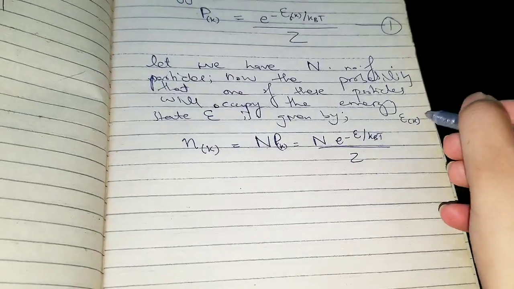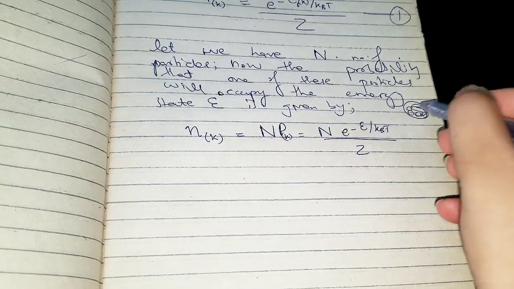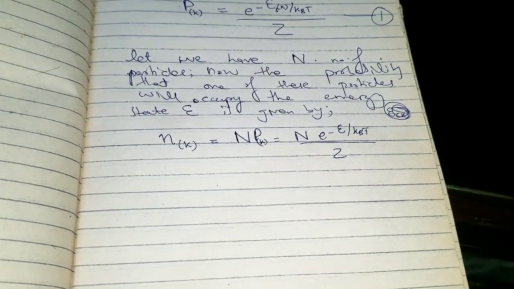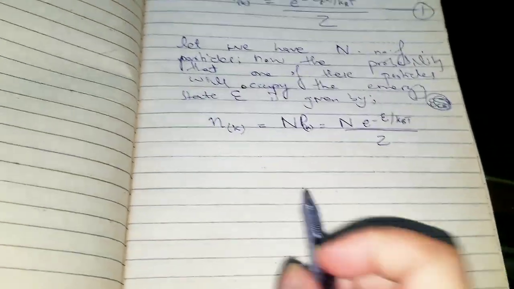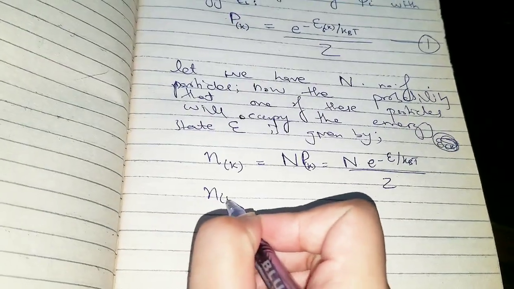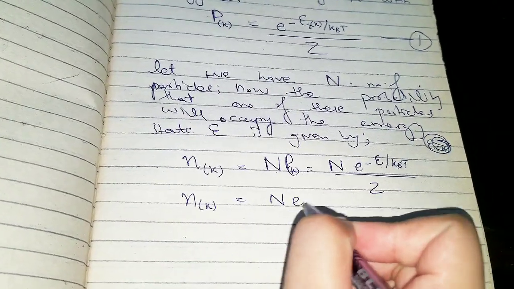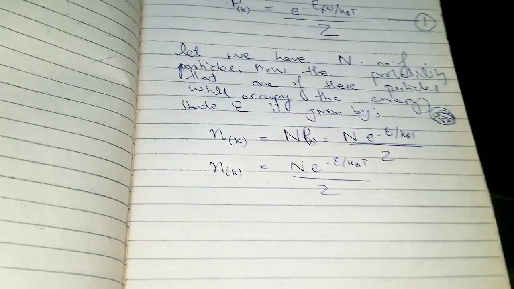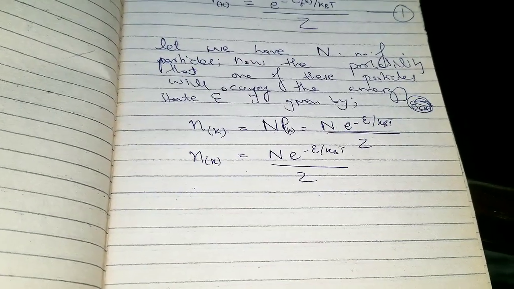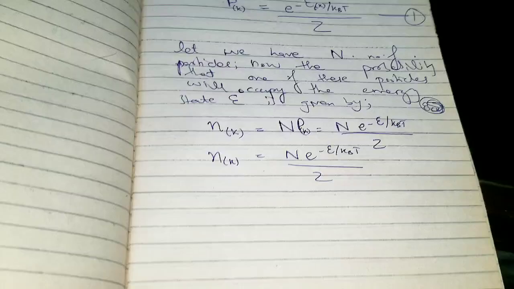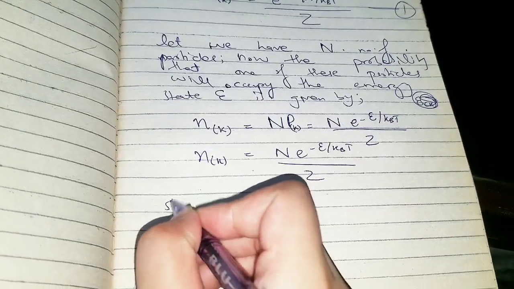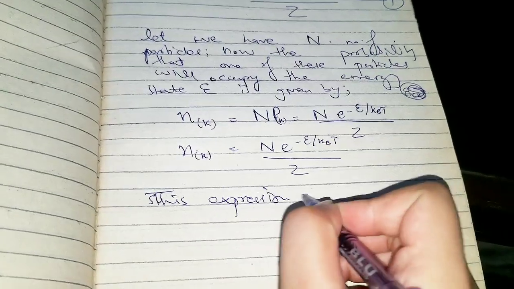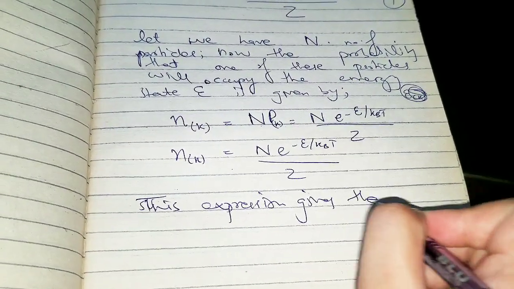Okay, so that you may not confuse it as a real quantity being multiplied by e, but it's not, it's just showing that e would be a function of k here. So that is the probability that one of these particles will occupy that energy state, given that this value is very small. Okay, we are using here the classical approximation such that this expression gives us the probability,